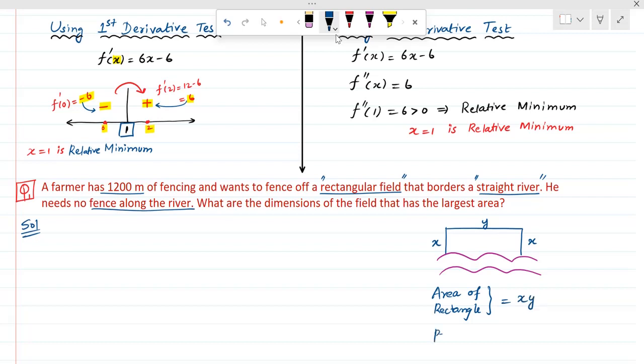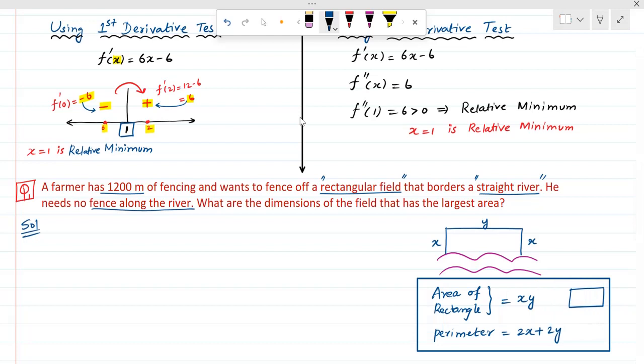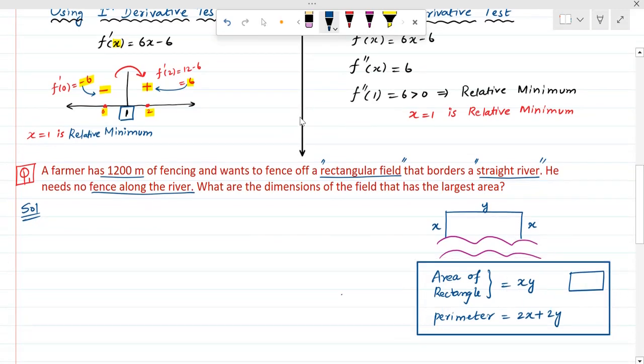And what is the perimeter? The perimeter is for the complete rectangle. So this is the area and the perimeter of a rectangle if it is complete. Let us go with this part. First I have the area. The area is given by x y. And here in this question it is given